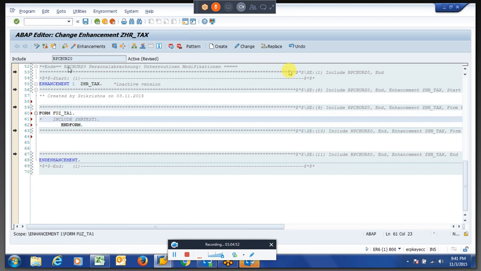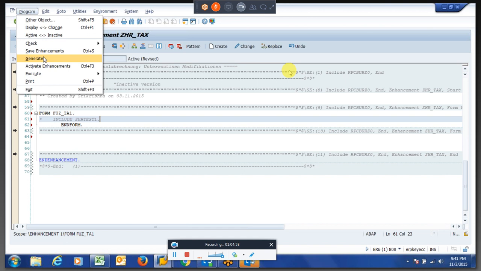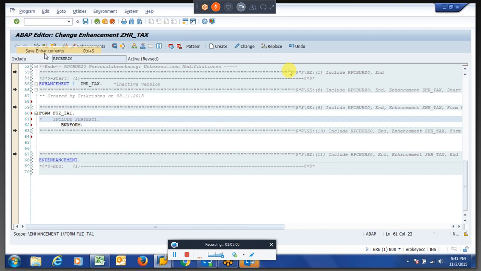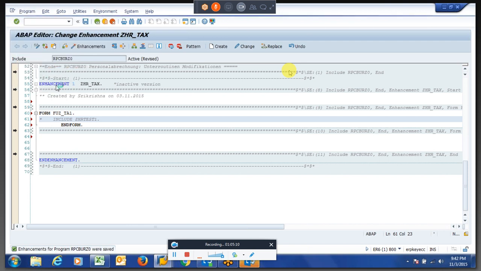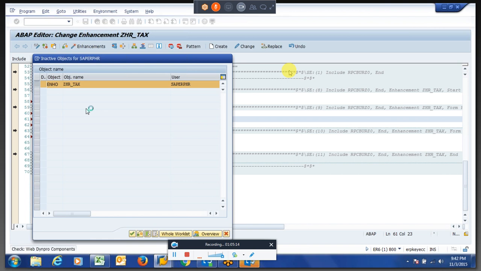So if I activate this, if I save this, and if I activate the enhancement ZHR_TAX.